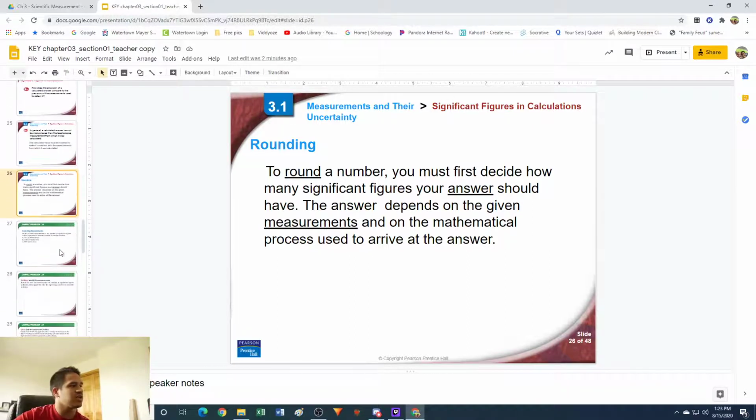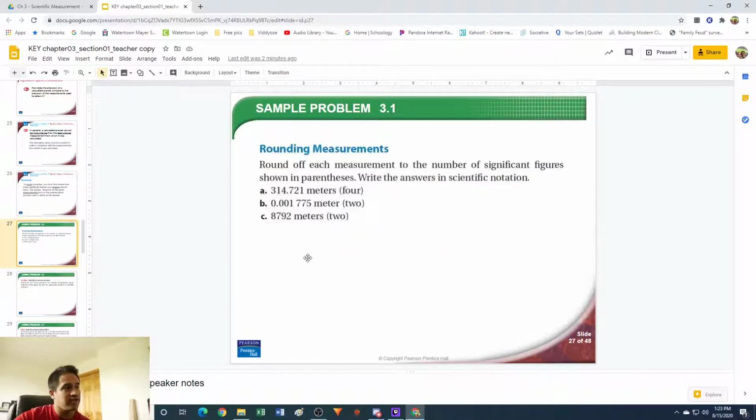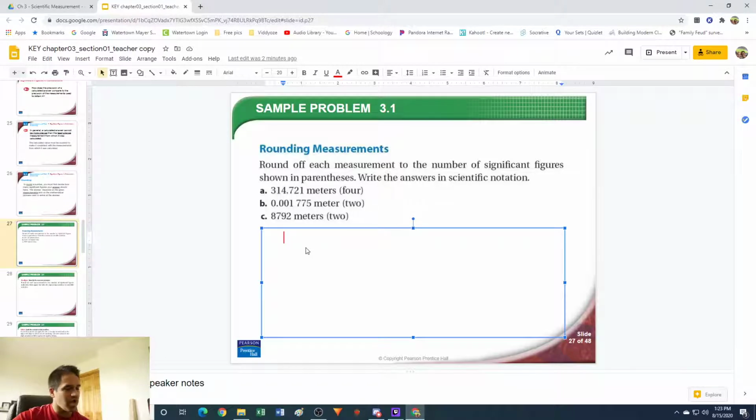So real quick, let's take a look at an example of doing some rounding. These problems here are three numbers, and they just want us to round our numbers to the right number of sig figs. Looking at letter A, we have 314.721 meters, and they want us to round this to 4 sig figs. Currently, this number has 6 significant figures. To round it to 4, we're going to keep the first 4, which is 314.7,